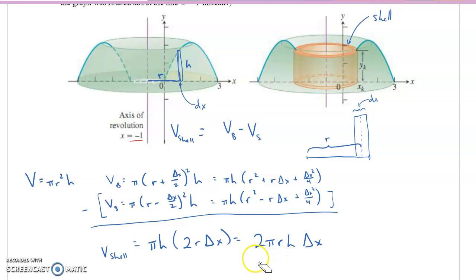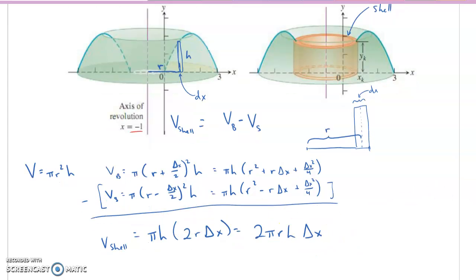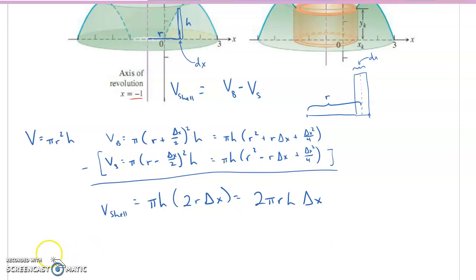It's no longer big radius squared minus small radius squared. It's now 2 pi r h delta x. Now that's the volume of one shell. We're going to add up all of them, and then we're going to let that delta x approach 0, so our approximations get better and better and better. So we end up getting this new formula that tells us that the volume of our bundt cake,